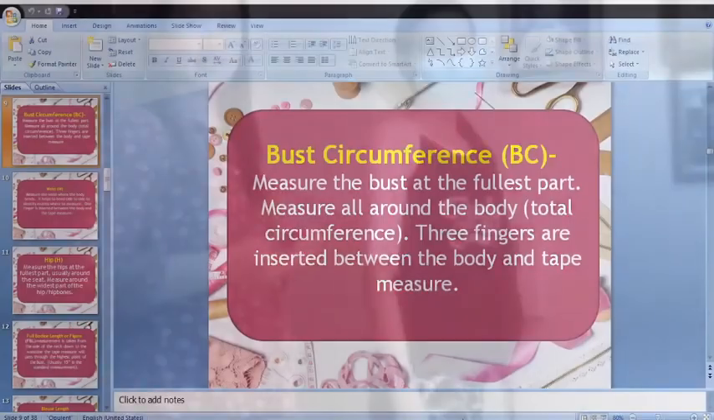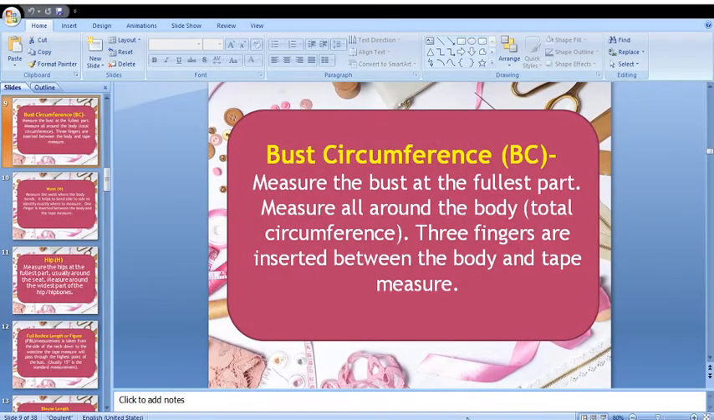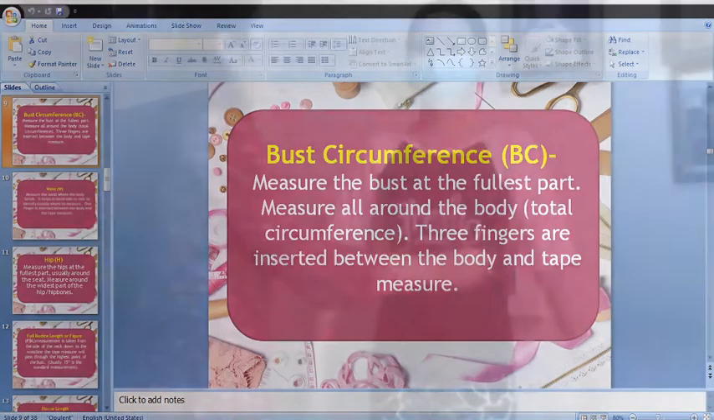we have the bust circumference. In measuring the bust circumference, measure the bust at the fullest part. So this is how you're going to measure the bust. Wrap the tape measure around the fullest part of the bust. And then you're going to insert 3 fingers. Alright. Next,